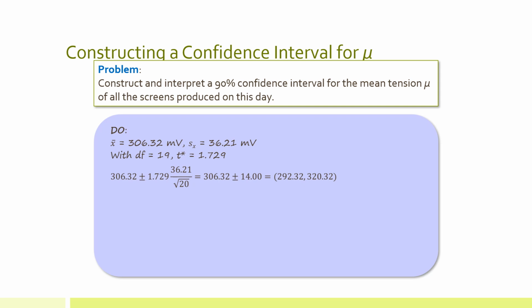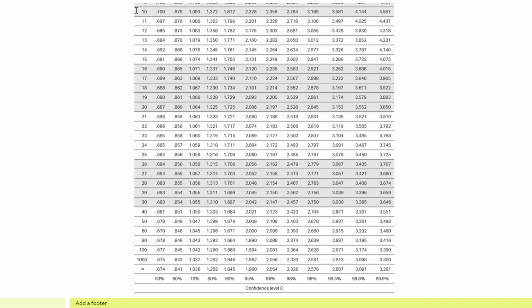So where did we get that? Let's look into that. I knew that the sample size is 20. 20 minus 1 is 19, so I have 19 degrees of freedom. That always has to be stated in your do, 19 degrees of freedom, because that changes everything. So I'm going to look here at 19 degrees of freedom, and I'm going to look at confidence level. I actually go to the bottom first and usually go to 90% confidence level, and I'm going to look up until I get to 19, and there it is right here,